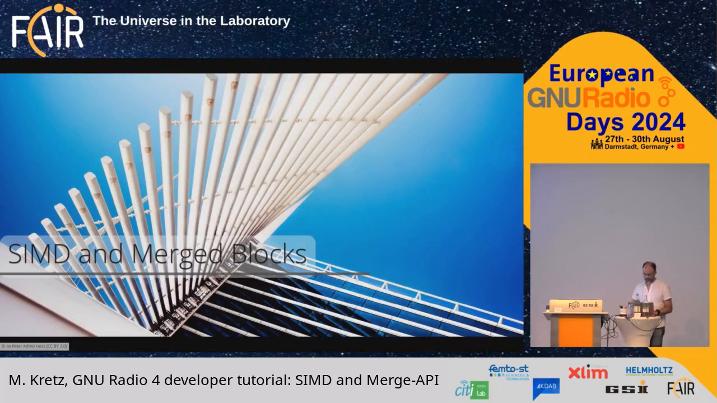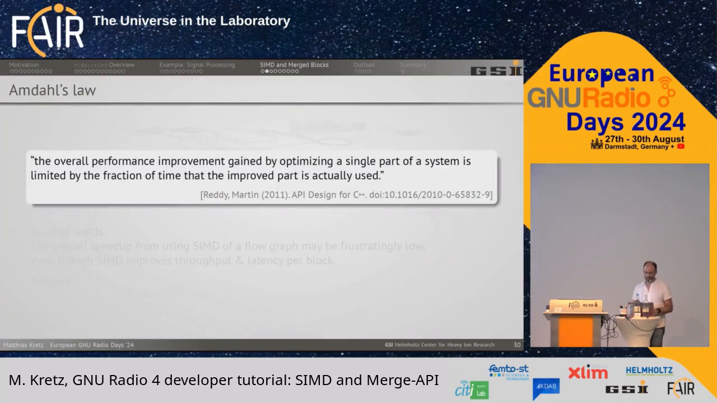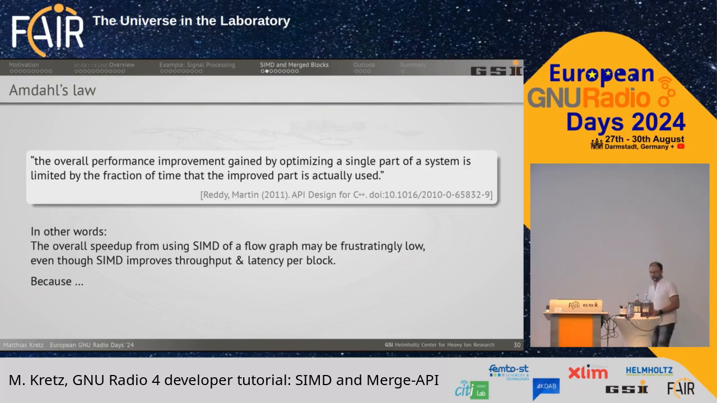Okay, now a bit more GNU Radio and merge blocks and how I actually came to adding SIMD to the whole thing. We have an Amdahl's law problem. So if we optimize everything out of the blocks, at some point you're going to see speedup for the blocks, but not for the whole system. In other words, what's said here, the overall speedup of using SIMD, the whole flow graph may still be frustratingly slow. You don't get that much speedup because